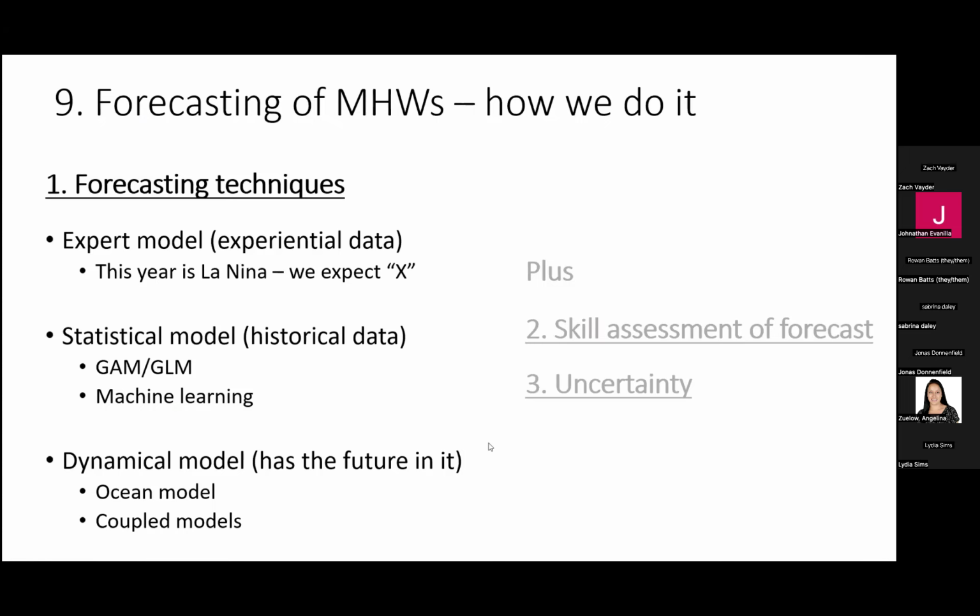And so statistical tests like additive models are one way of producing a forecast. Machine learning would lie in this domain as well. And so give a machine learning algorithm a bunch of historical data and ask it to make predictions is one possibility. The third one is using dynamical models, either ocean-only models or models that are coupled between the ocean and the atmosphere. And those ones are nice because they actually represent the processes. And so you can produce future projections even if the history has never experienced that kind of condition because the model is process-based. It's really important that you do the skill assessment of the forecast and the uncertainty, but I won't touch on that today.